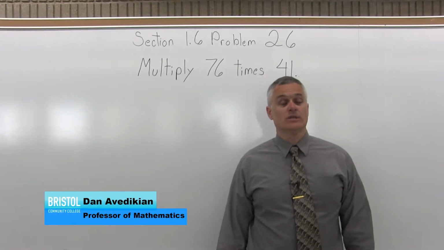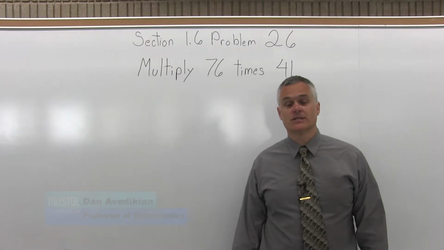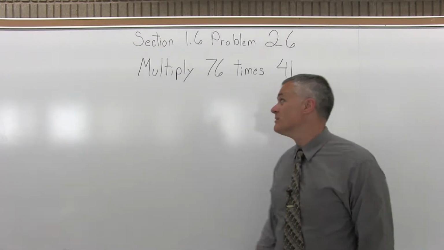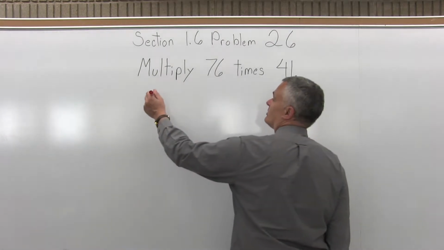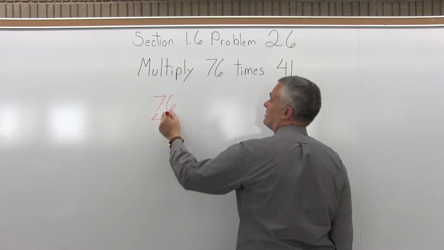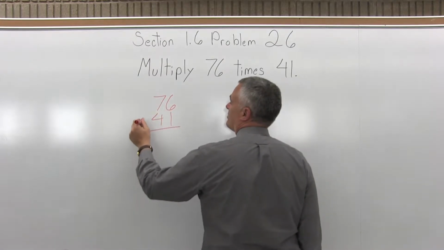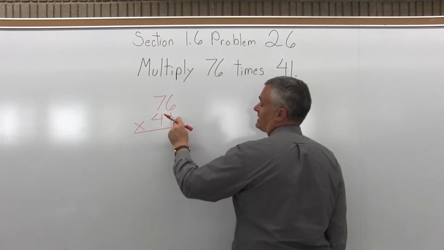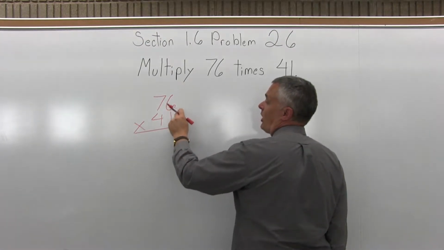This is Section 1.6, Problem 26. It says multiply 76 times 41. So this time it's just written in words, but it's pretty clear what to do. If I write it as a multiplication, I put 76, put 41 under it, draw a line, and put the big X. Now I can multiply. I start in the bottom right position, 1 times the top row,